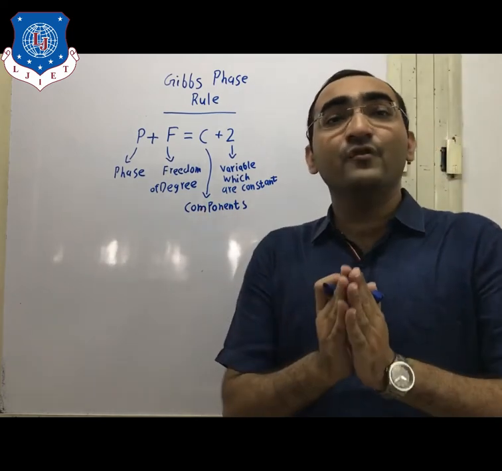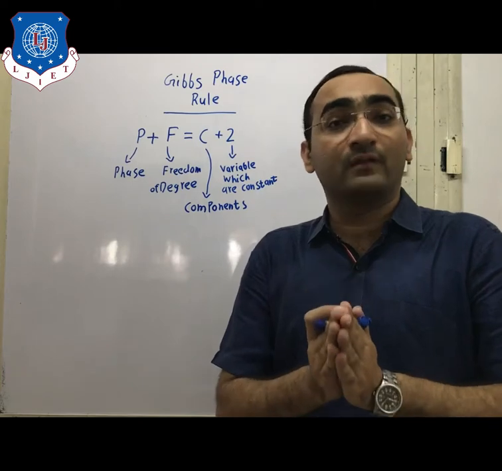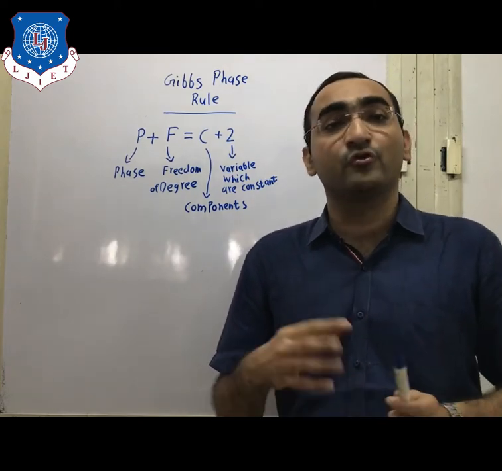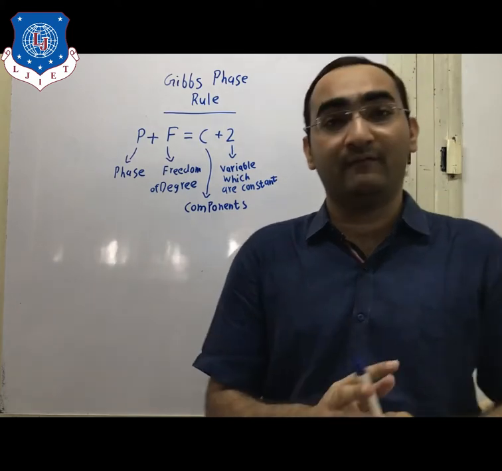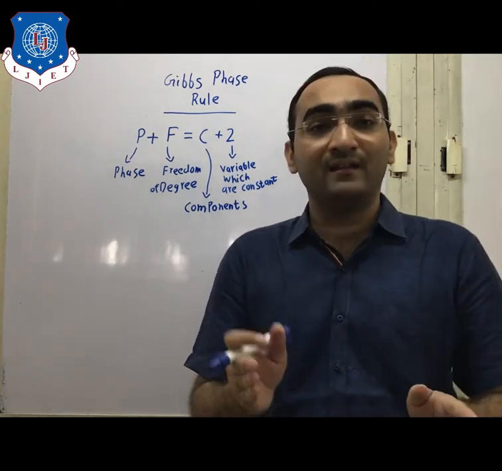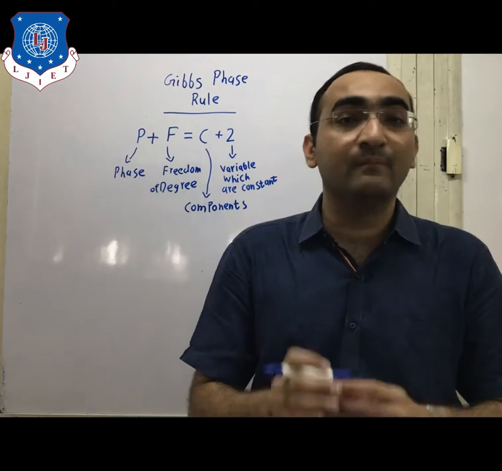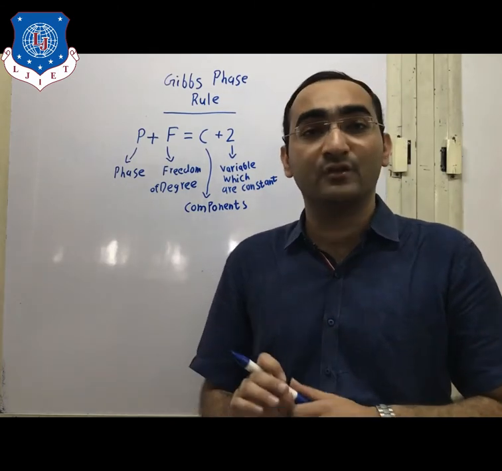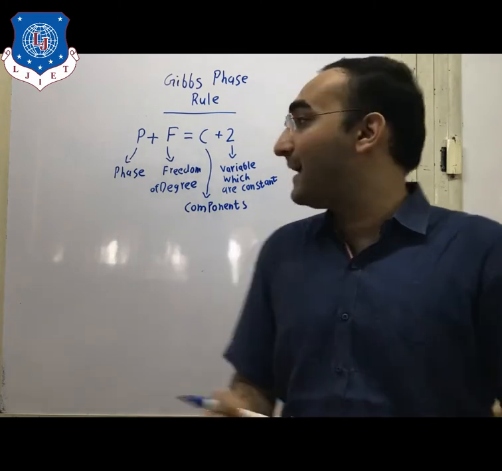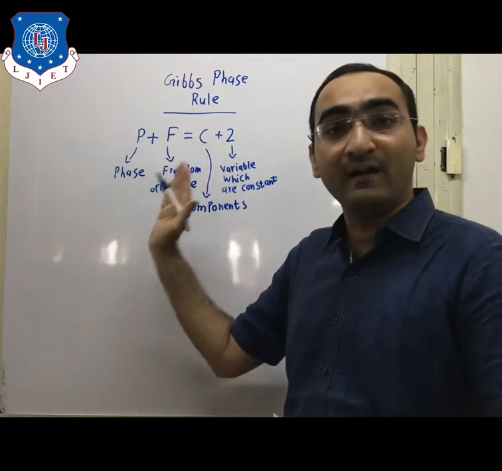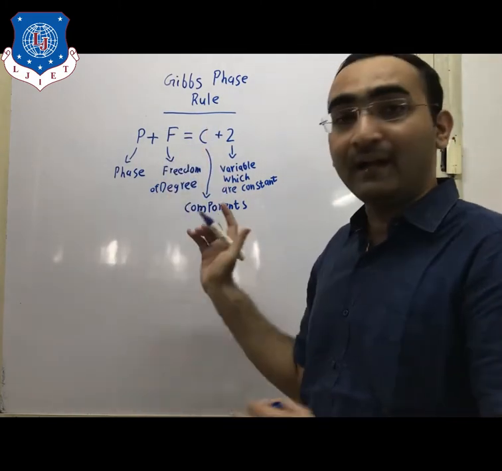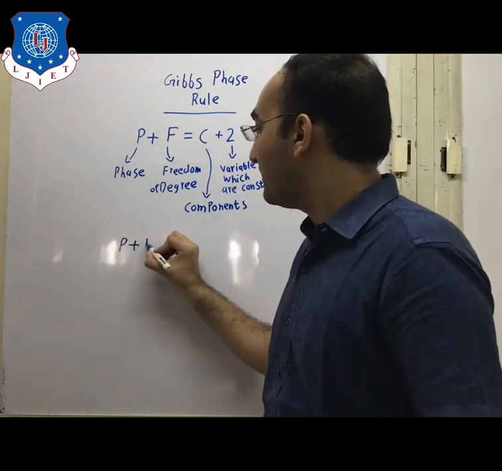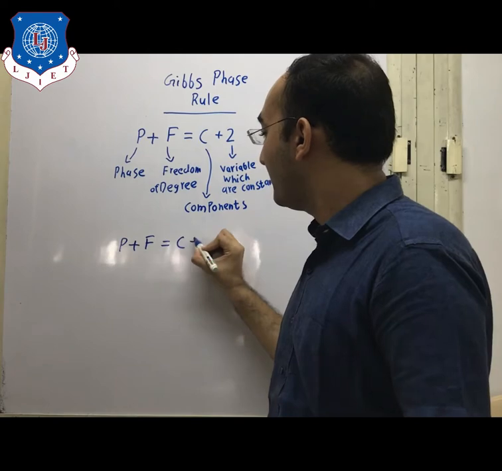Okay, so while you are writing, many times they ask what you mean by the Gibbs phase rule. Basically it is the relation between the components and the phases with the degree of freedom. That type of rule is known as the Gibbs phase rule. It is written in two parts. In the rule we write the first one, but in practical use we will always go for P plus F equal to C plus 1.